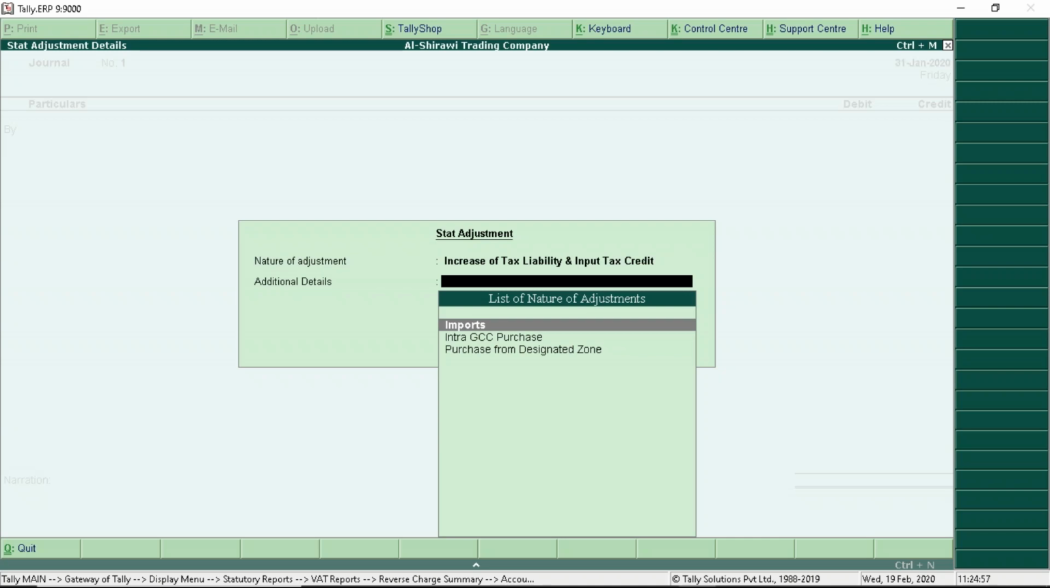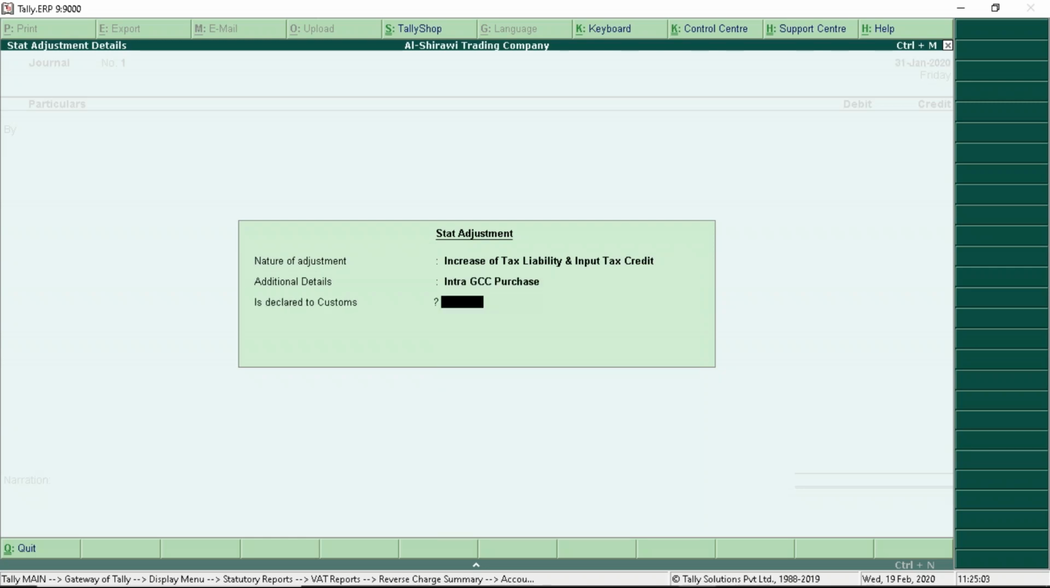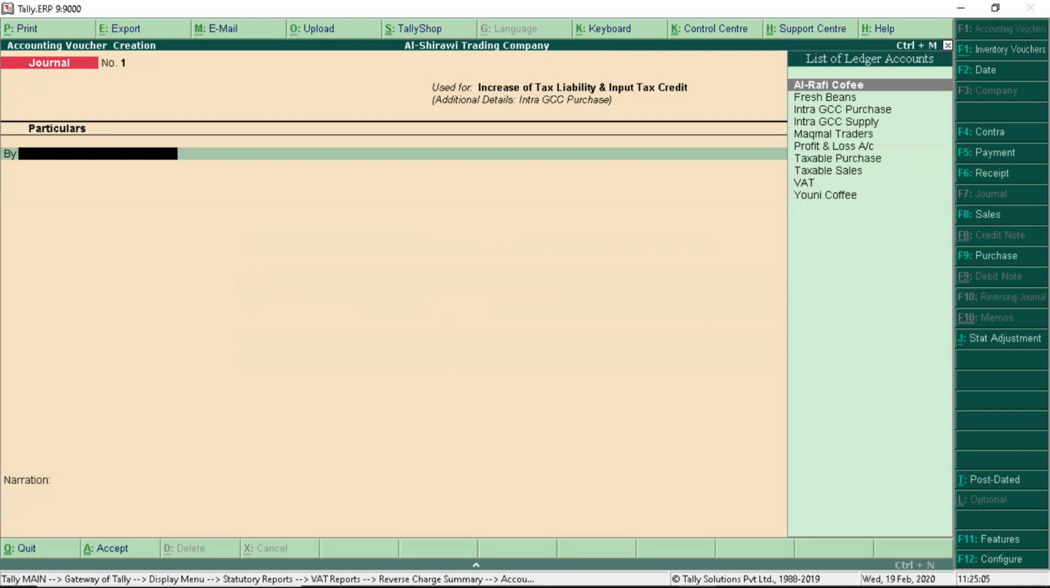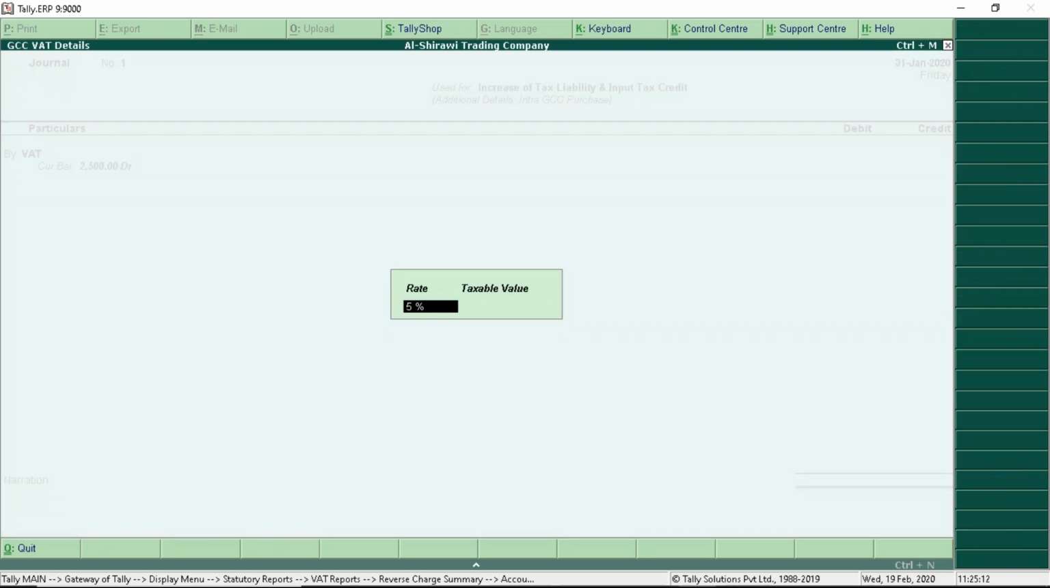So this transaction is intra GCC purchase. So I'll select intra GCC purchase here. Is declared to customs? No. So here, what are we debiting and crediting? We will debit the same VAT ledger, enter the taxable value,